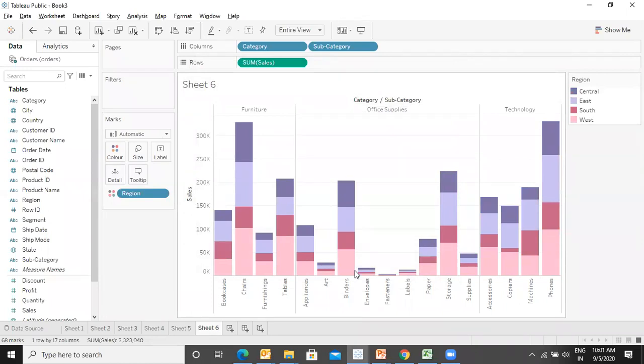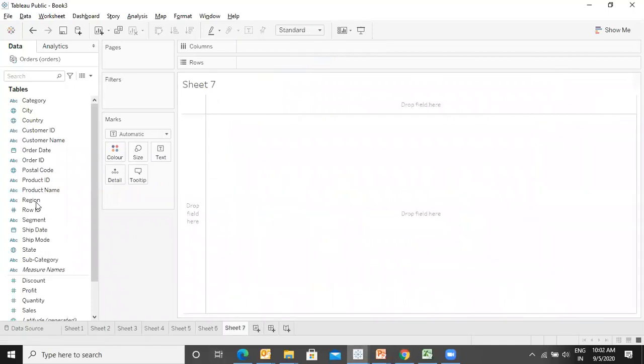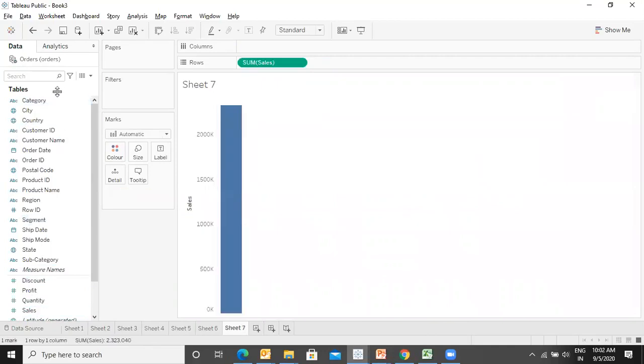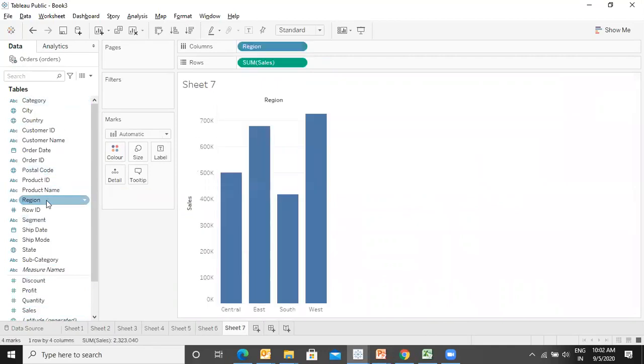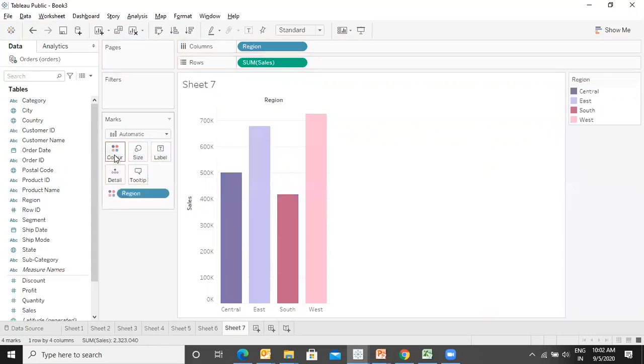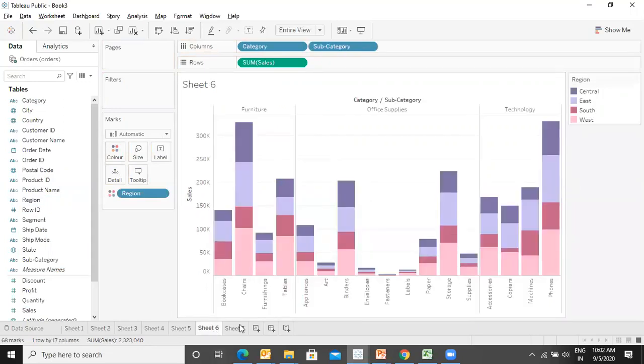And this is what you have given for the region. So if you go over here, let's take the sales on the basis of region, and if I put the region into the color, this will be impacted everywhere, not only for this particular chart but for all.